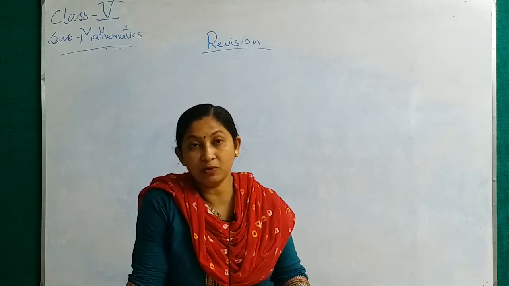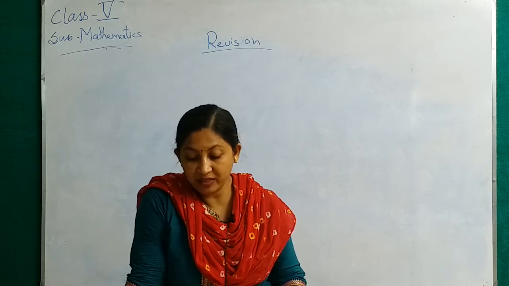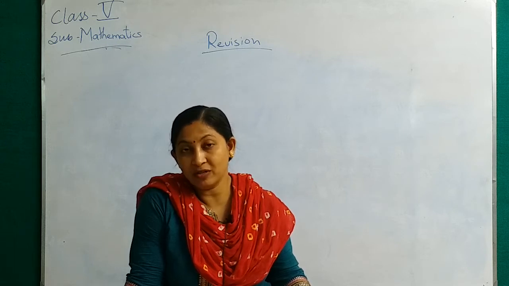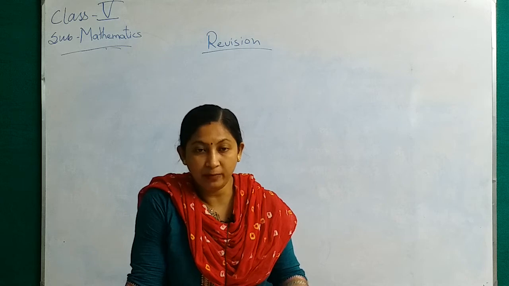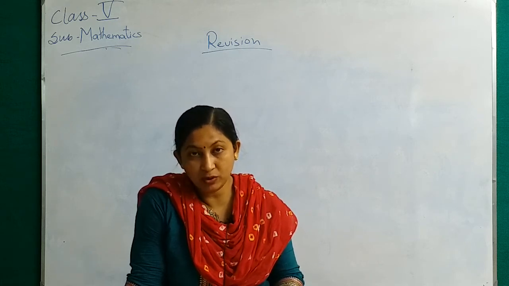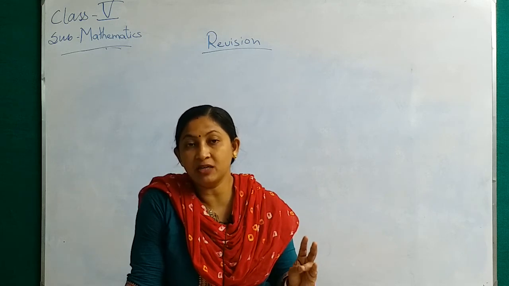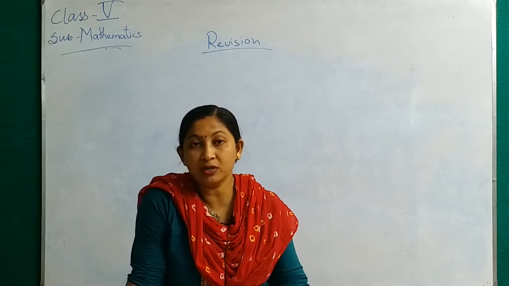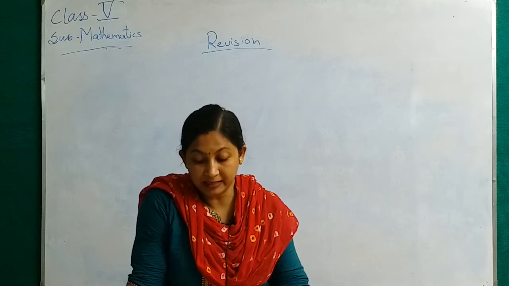Similarly, come to question number 2. A 7-digit number starts with dash place in the Indian system. Now you have to write for the Indian system. What is the 7th digit? So start counting: ones, tens, 100, 1000, 10,000, lakh, then 10 lakhs. That means the 7th digit is the 10 lakhs digit. So give a tick mark in option C, 10 lakhs. So a 7-digit number starts with 10 lakh.